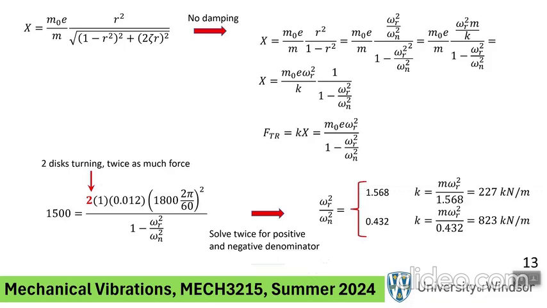Okay? So keep in mind that when I say solve for this ratio, there is the possibility that one is positive, the other one is negative. You get two roots, okay? So if this denominator is positive, you work it out. If the denominator is negative, you have to put a basically -1 plus omega r squared over omega n squared,